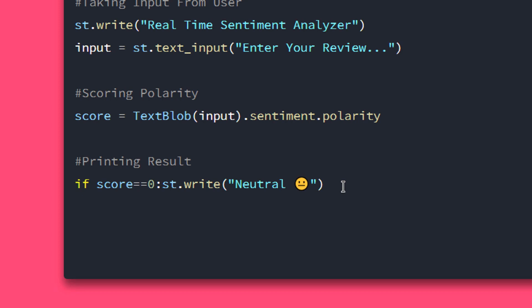So it's time to create another condition, that is elif. If our score is less than 0, then the Streamlit write method will write a statement like negative. Now it's time to create a condition to check if the score is greater than 0, then the Streamlit write method will write a statement like positive.